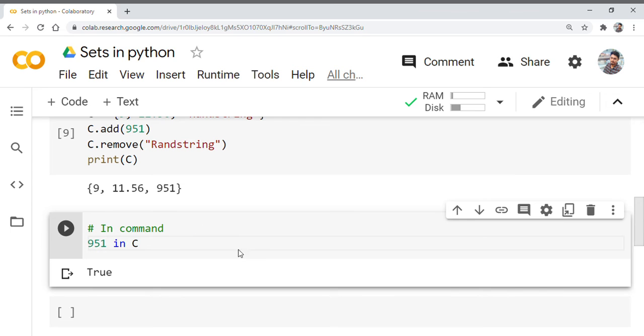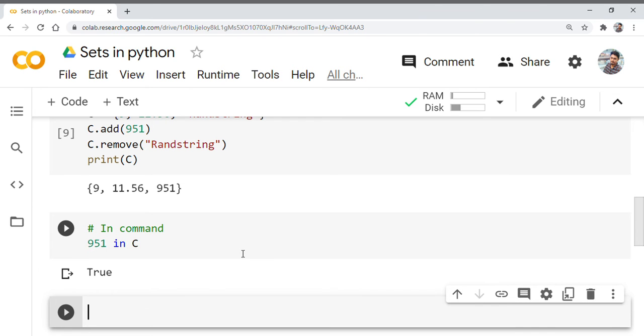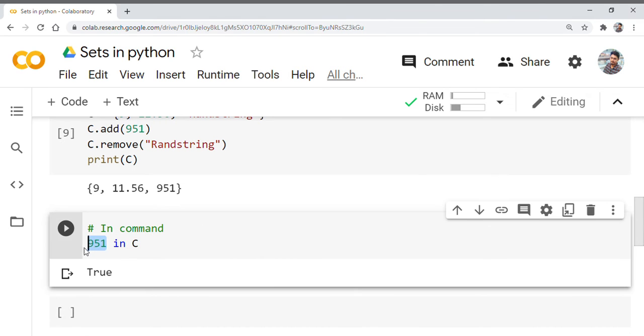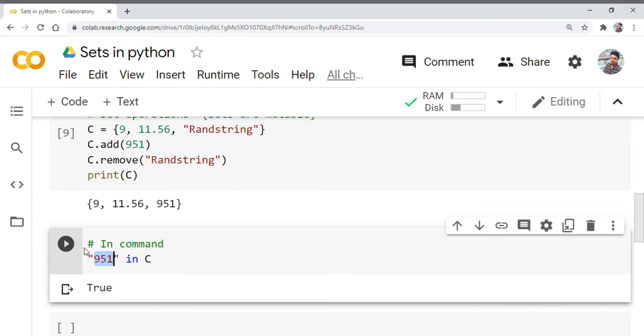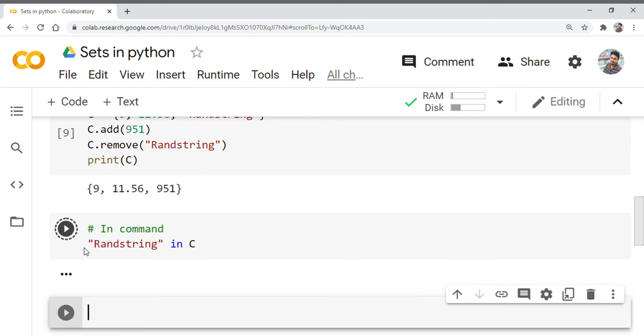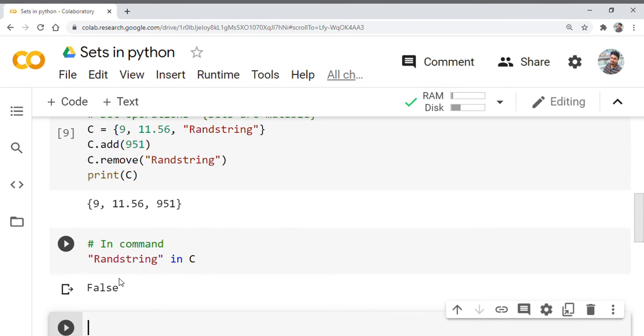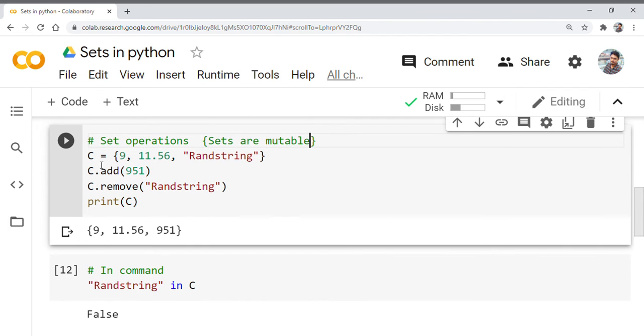Okay, let's check for 951. 951 is also present, right? True. Let us check for the string, random string. We have just now removed the random string from C, right? So that's why this is False. Now let us add the random string back and then check.